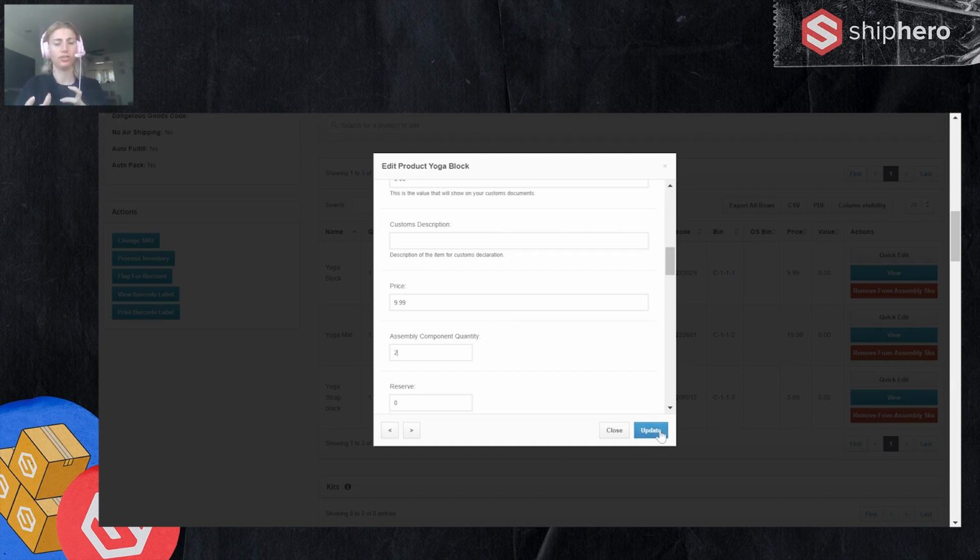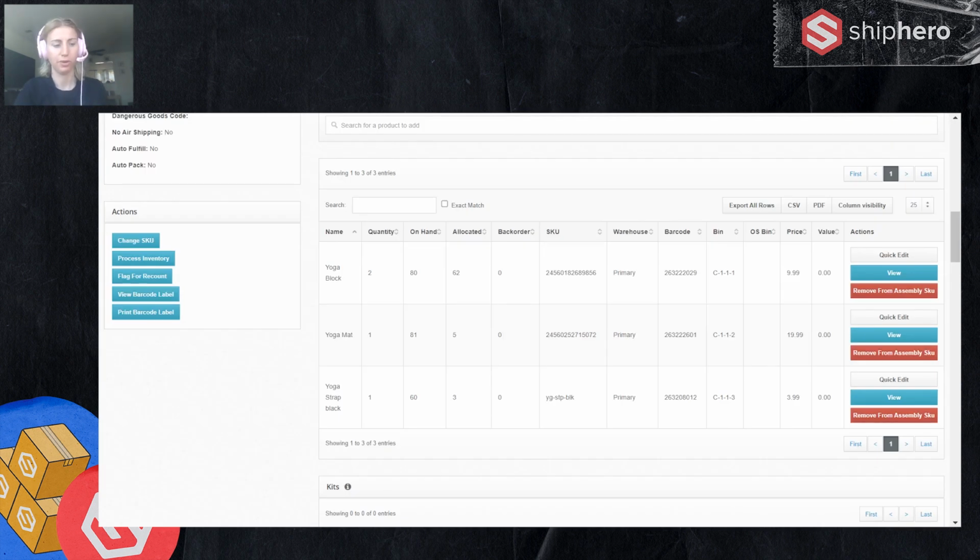Now what's cool about work orders and when you're making this, in this specific example, these SKUs I'm also selling individually, which is fine because everything's in Shapiro. We're tracking if the yoga block is being sold on an order, we know that. And then the stuff being used for this work order, you'll see we're going to hold that aside.